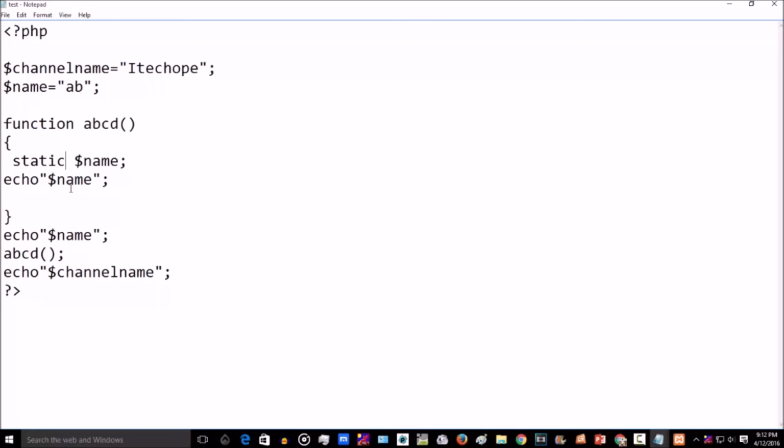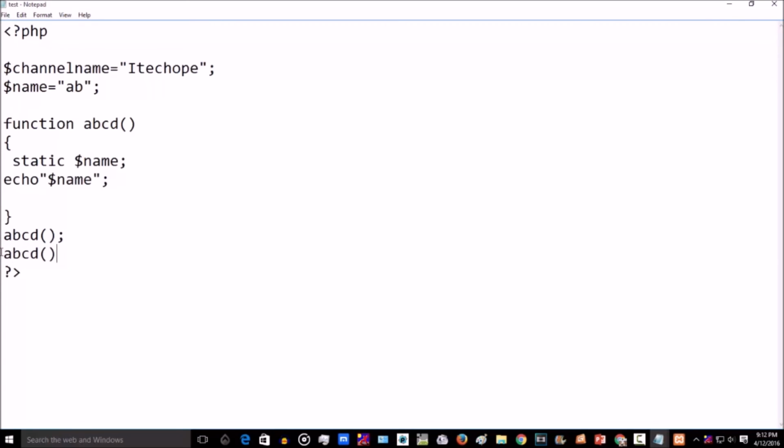After the execution of this function, this variable would normally get destroyed, but as we have typed static, it won't be destroyed, and when we call the function next time, the value which was inside the variable will still be there. So let's have a look at it. Let's call that function 2 times.